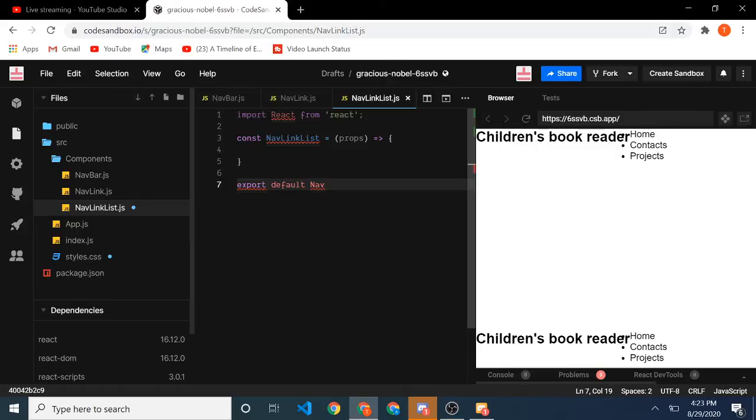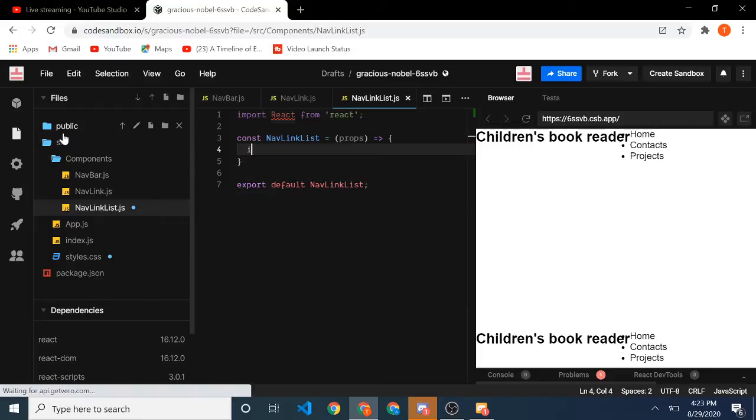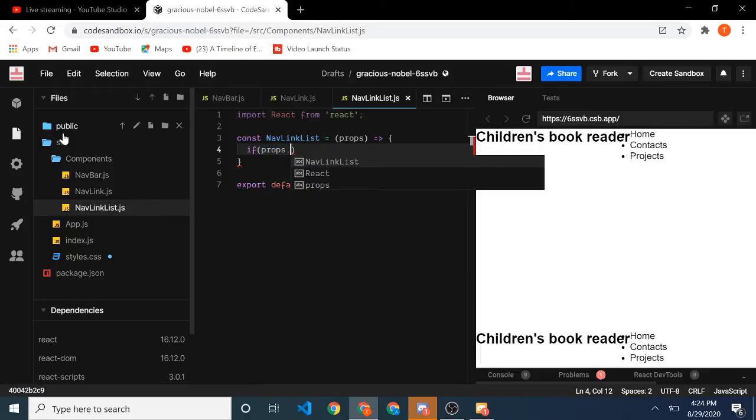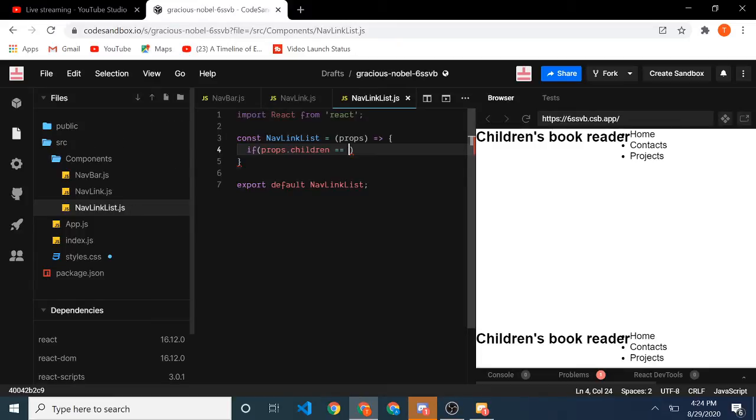Nav link list. It's going to be much easier because we have a lot of JS files. Now if props.content, so if props.content, so the children is equal to a string, is equal to